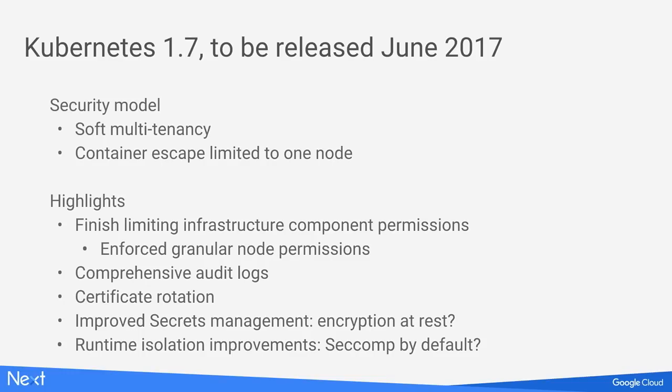So Kubernetes is on a 3-month release cycle. So coming in June 2017, near the end of that month, we expect Kubernetes 1.7 to ship. As far as the security model for that goes, it should be a pretty decent soft multi-tenancy. And in particular, if you are able to escape a container, that escalation should be limited to just the one node that it's running on. So some of the highlights from a security perspective that we might expect to see are finishing the limiting enforcement of system components such that each particular node can only do what it needs to do. We expect our audit logging to get much more comprehensive to include many more sources of what's going on in the cluster,